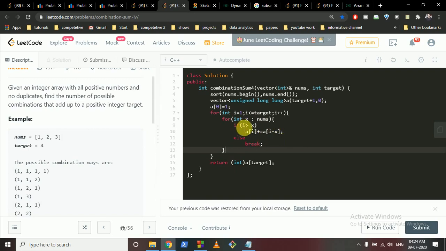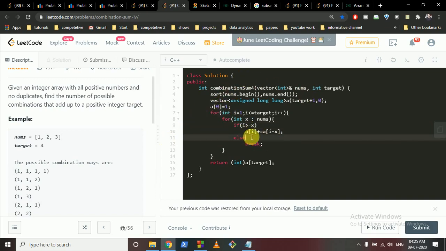So for all the values, because it is sorted, if x is less than or equal to i, because we are iterating over all the lesser elements, what we'll do is this: because we have already calculated our sub-problems, since we are moving from lesser to larger values, for every larger value we have calculated our values for the lesser elements.